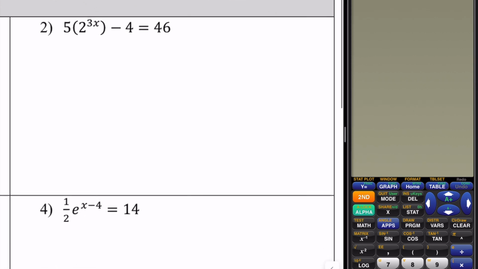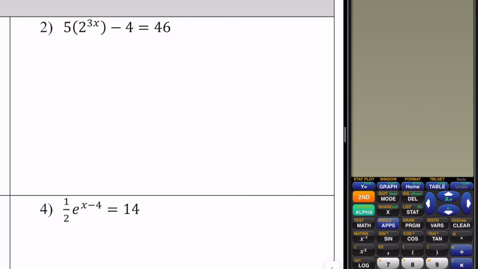Let's see here. Now this one is exponential, so I don't have to worry about my domain. X can be any number, fractions, decimals, irrationals, doesn't matter at all. So I just need to get the term, this 2 to the 3x. It's actually the factor of this term. But I first want to get this term alone,